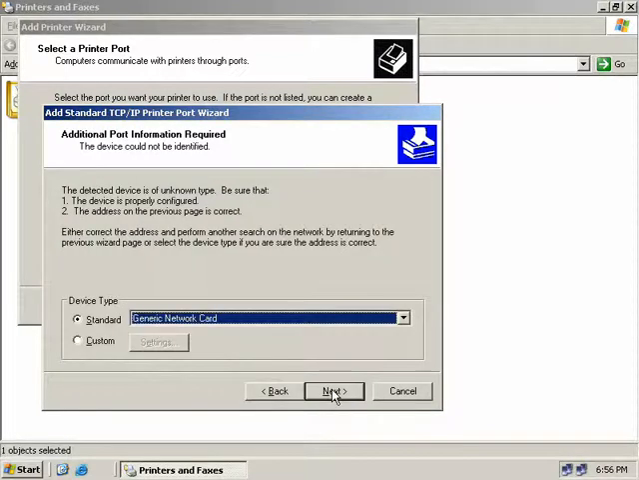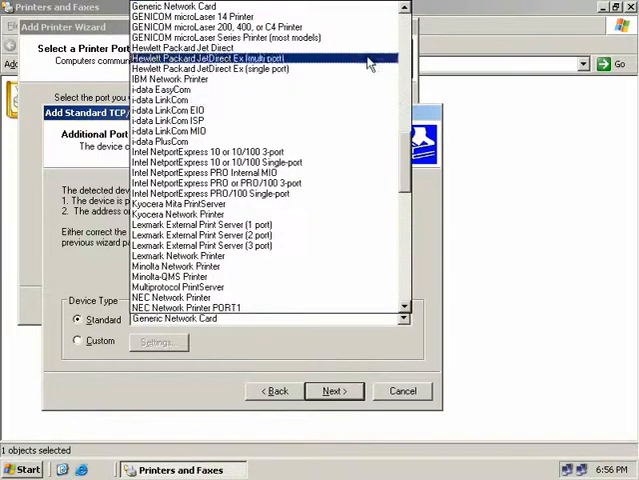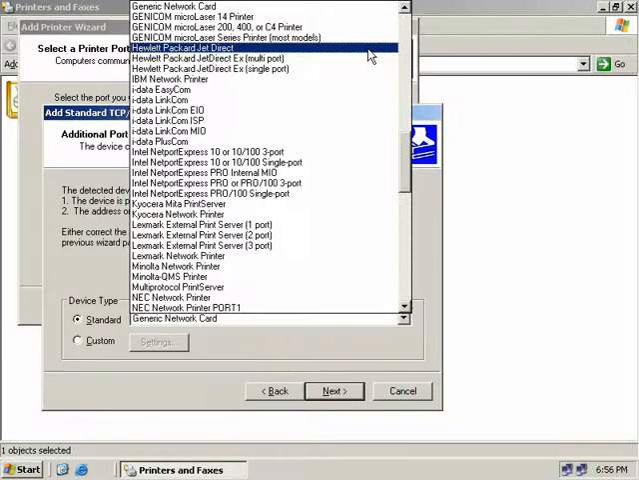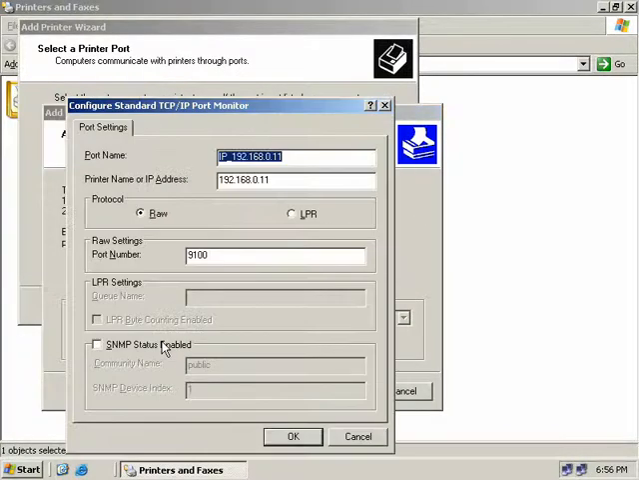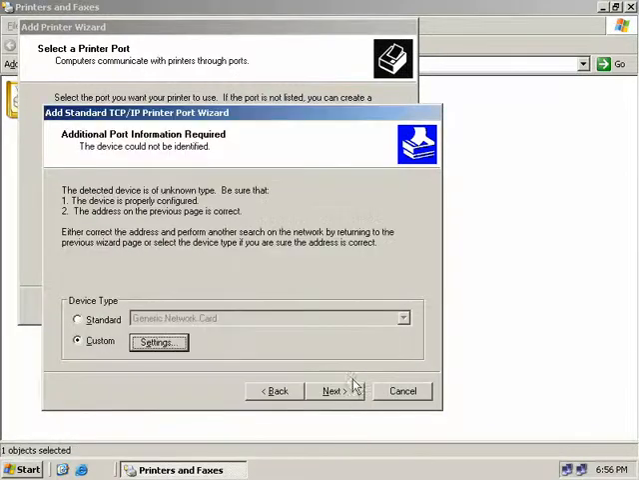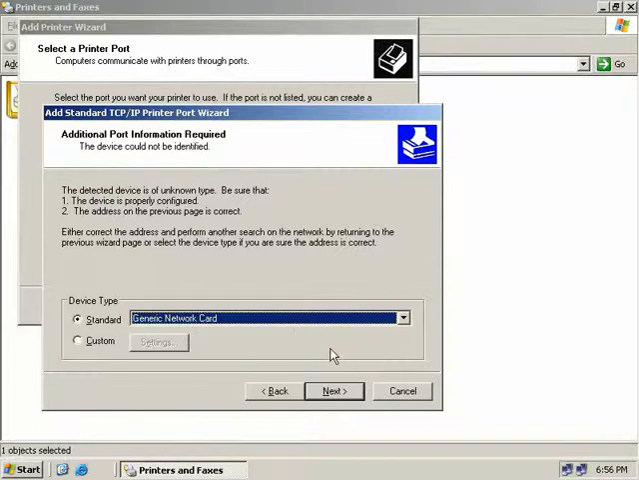Now because we don't actually have a physical printer connected, we get a message telling us that our network card couldn't be identified, but that's okay. Here you'll get to manually choose your network card from different vendors such as an HP Jet Direct card and so on. You can also choose Custom and click on the Settings button to define your own printer port if you like, but for our purposes I'll just click Cancel and we'll leave the default as the standard generic network card. So we'll click on Next